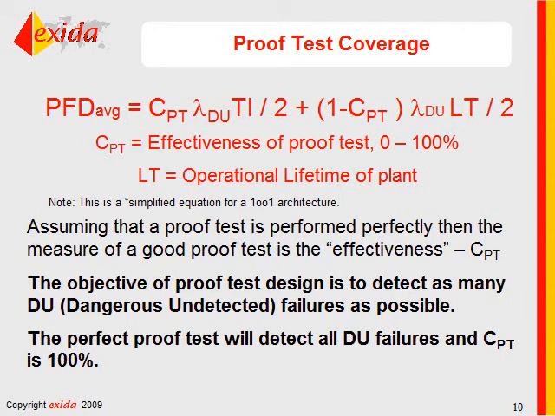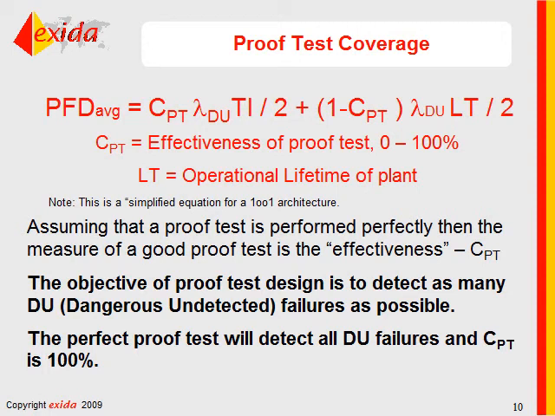And at the other extreme, if we assume that nothing is detected during the proof test, in that case my average probability of failure on demand is basically the dangerous undetected failure rate times the lifetime divided by 2. So if you consider that your test interval may be 1 year and your lifetime may be in the order of 10 years, you can see that going from one extreme to the other, we will have an order of magnitude difference in the average probability of failure on demand that is calculated, and therefore we have a SIL level difference in the result. So the proof test coverage is